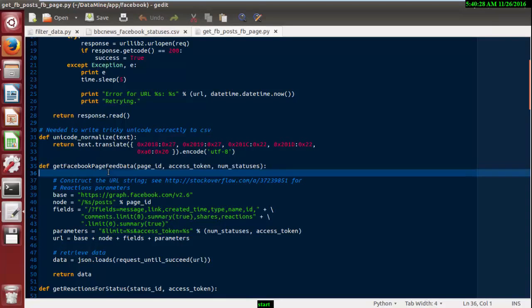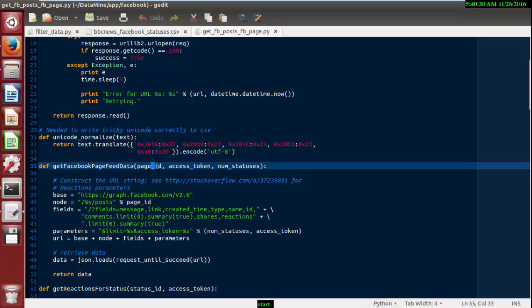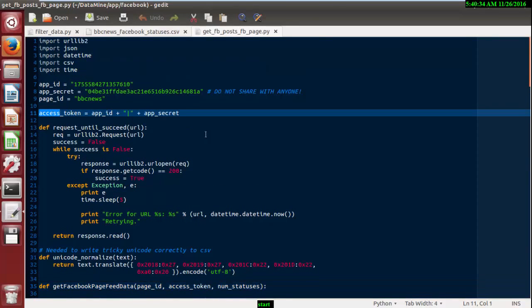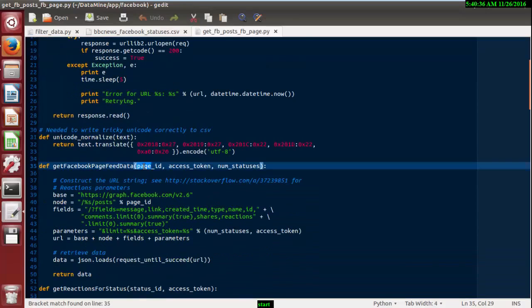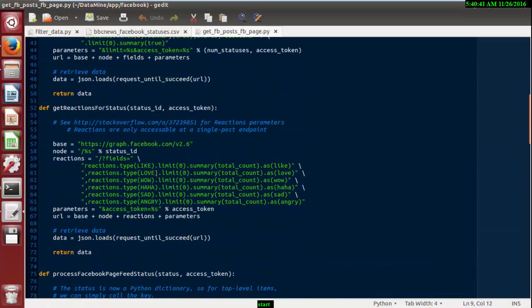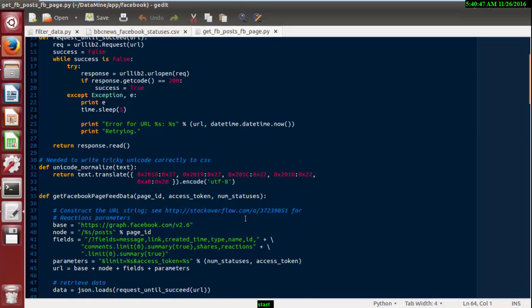Here you pass the page ID; the access token I have already declared here. The page ID I have declared is BBC News. Yeah, we will be fetching data from BBC News. I hope BBC News won't mind.